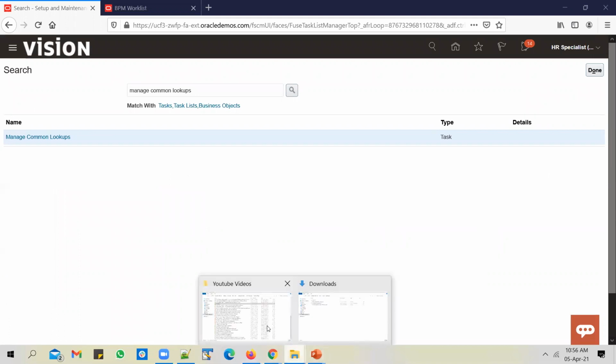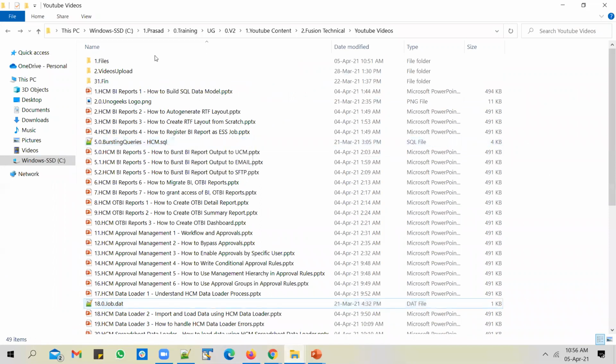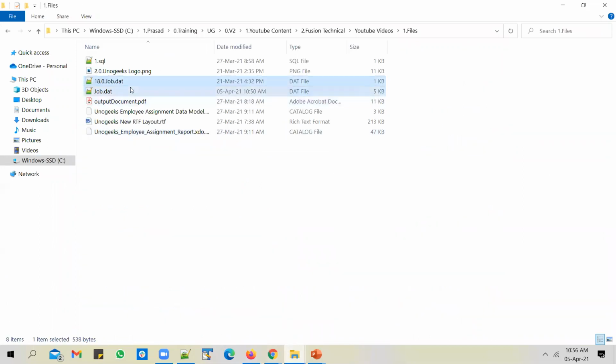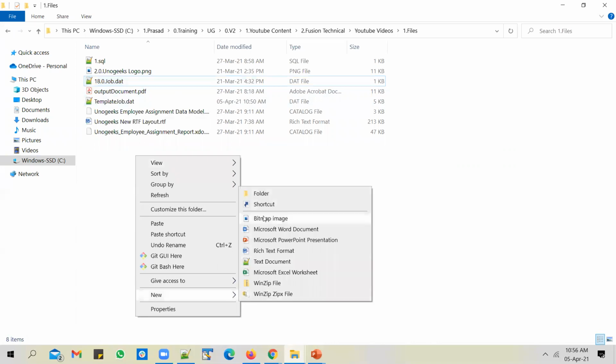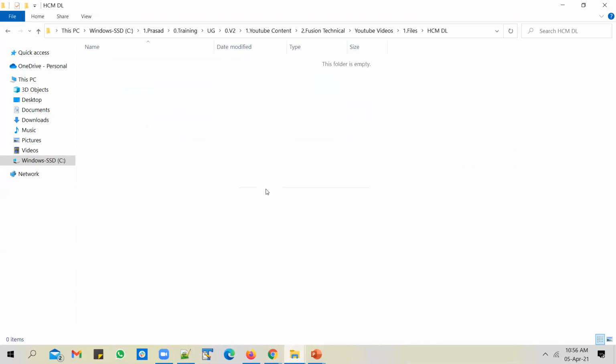And after that, let me copy this job file and put it in the files. And I'll call this a template file. I'll just create a new folder here. I'll call it HCM data loader. Let me place the file in the HCM data loader folder, and let me just rename this as job.dat.